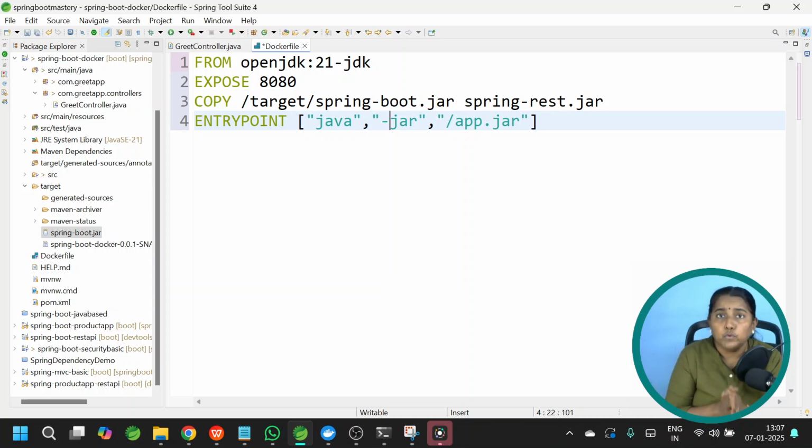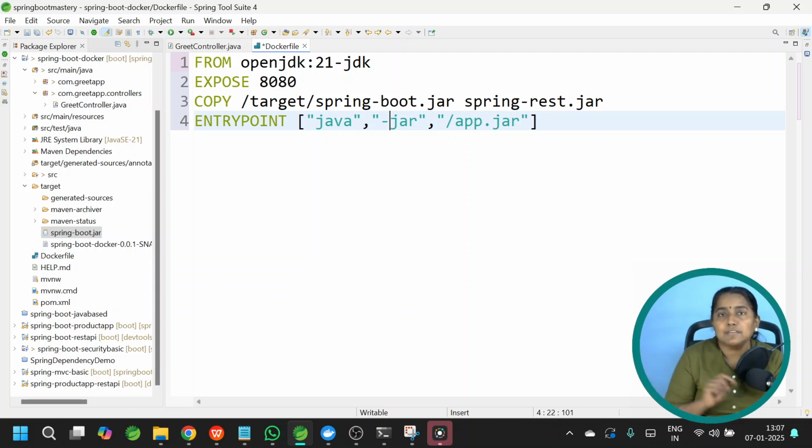When you are trying to run the application from Docker, it is expecting a command. How do you run your Spring REST API? You all know, select your application, right click, run as Spring Boot app. But in a real-time scenario, they run this application from the command line. In that case, you need a solid jar file. Run the jar file as java -jar space the jar file name